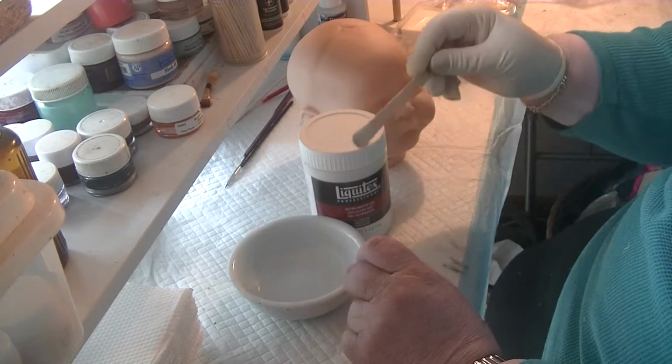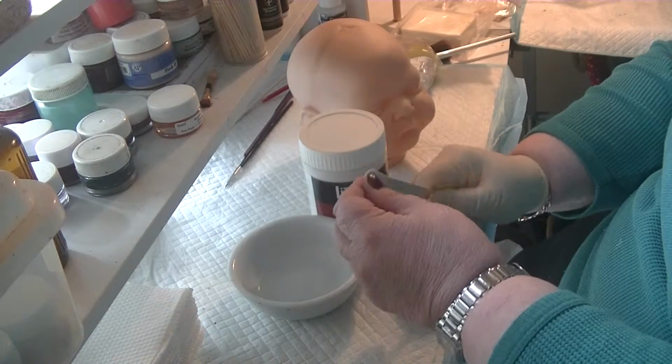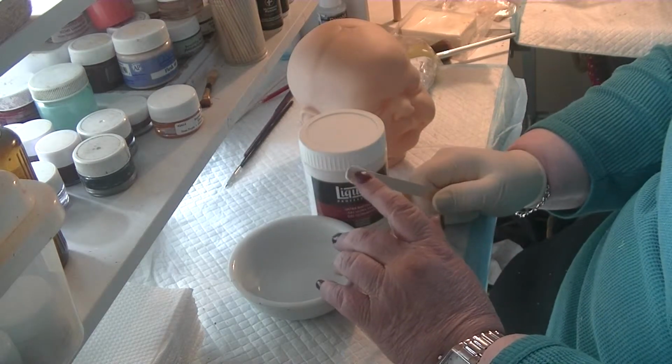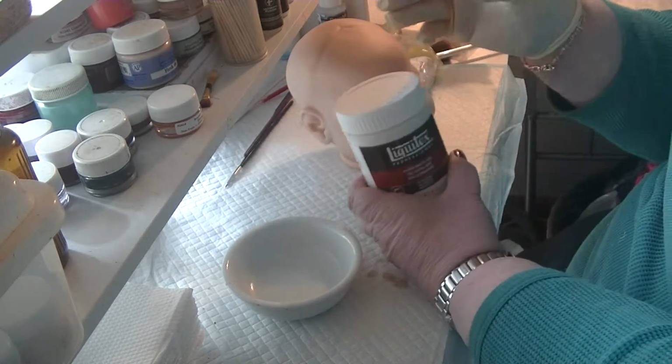Now this is as hard as rock. It will not come off this stick. And this, I feel, is the adhesive properties in it that adheres the colour to the vinyl. It is not part of the